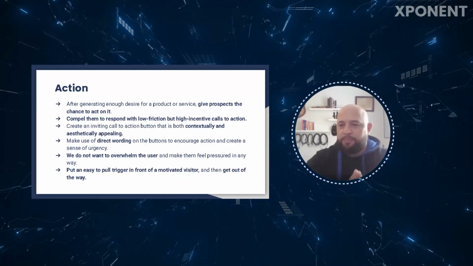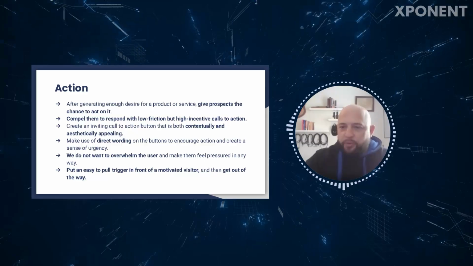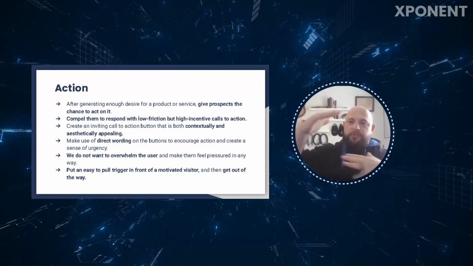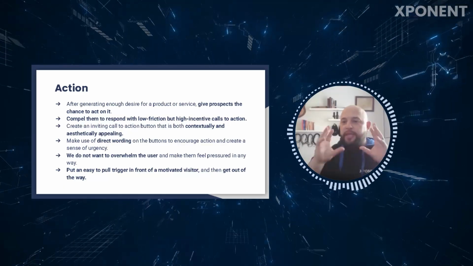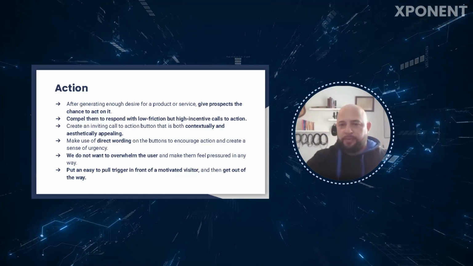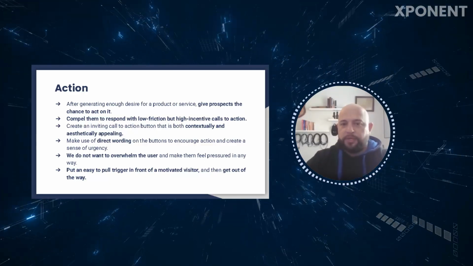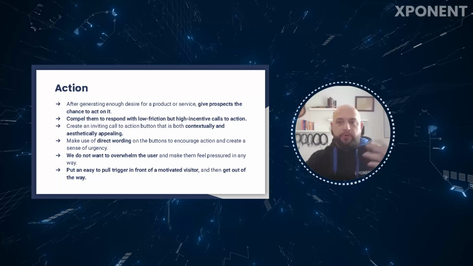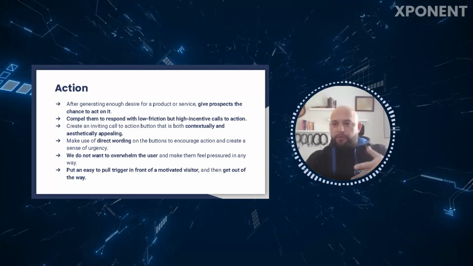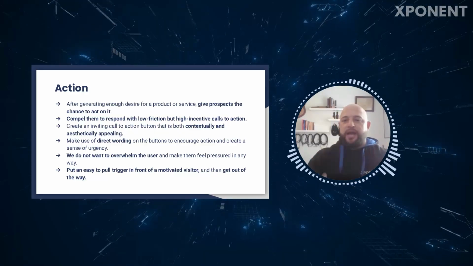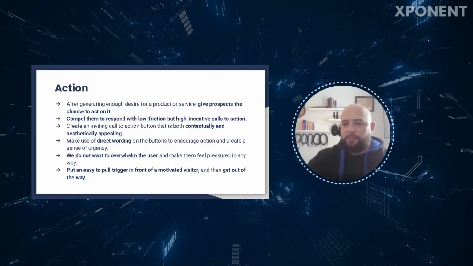Keep the message simple. That's why we don't add more than one call to action to a social post. That's why we don't add a block of text to a social post. That's why we keep the messaging really simple. And we try and keep it appealing. A bright color works, especially color isolation. So if everything's blue, make the button yellow. If everything's blue, make the button red. If everything's blue, make the button green. As long as it's an isolated color that's easy to spot.